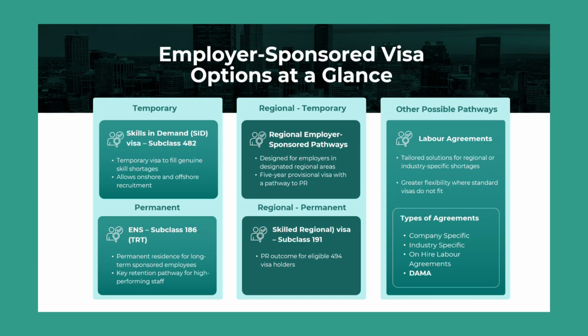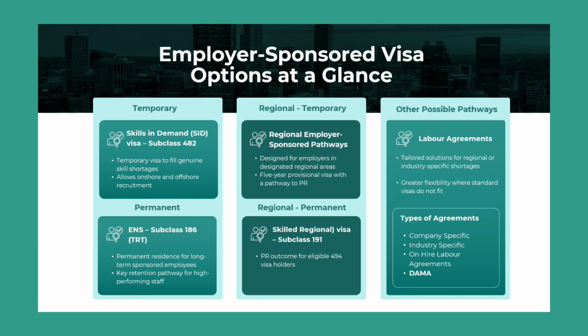Because some of the occupations that were listed on the skilled list were, I think, used and abused a little bit. So they said, okay, for example, restaurant manager, we're removing it from the core skills and we put it on a specialist scale, because the salary on a specialist scale is $140,000. So we're not telling the employers that they cannot sponsor restaurant managers, but if they want to sponsor a restaurant manager, they have to pay $140,000 yearly salary plus superannuation.